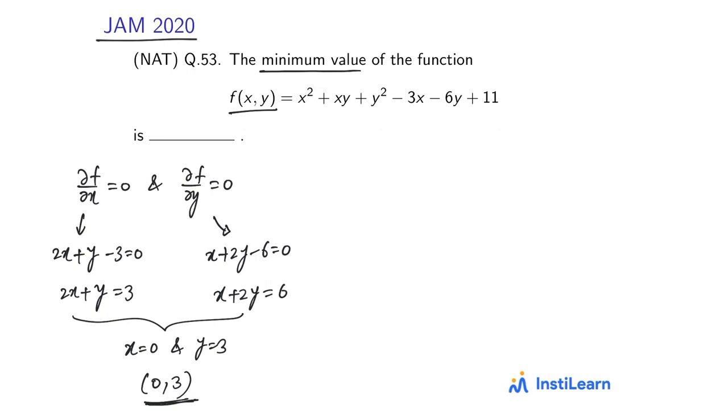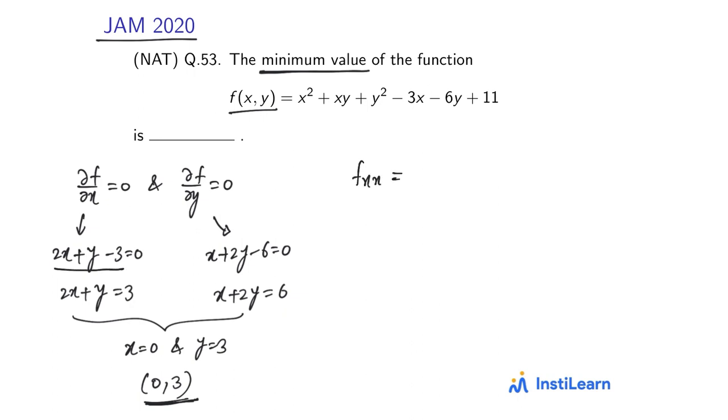Since we have only one critical point, it has to be the point of minimum, because the question is asking about minimum value. But if there had been 2 or 3 critical points, then we would need to further investigate which one is the point of minimum, and then we would find the value of the function at that point and it would be the minimum value. But since we have only one critical point here, it has to be the point of minimum. But for the sake of clarity about the concepts, let's proceed as usual.